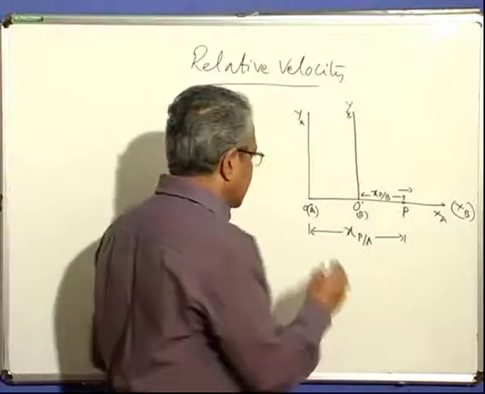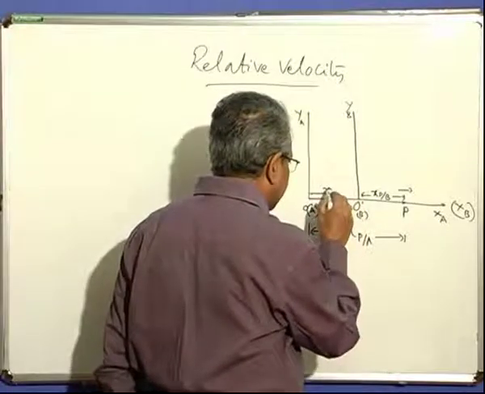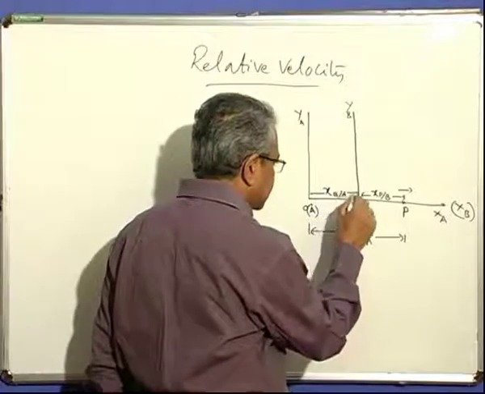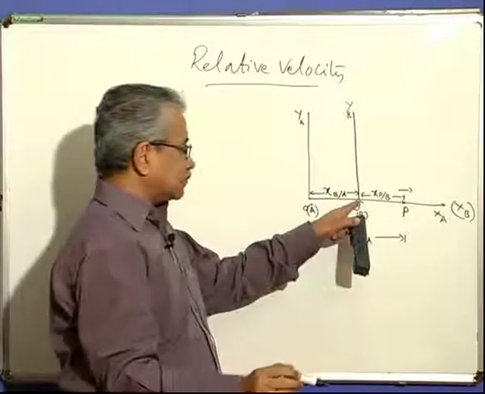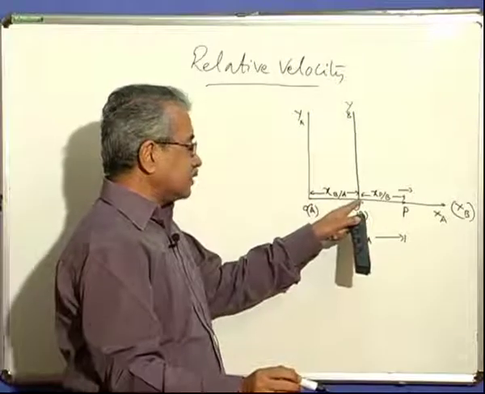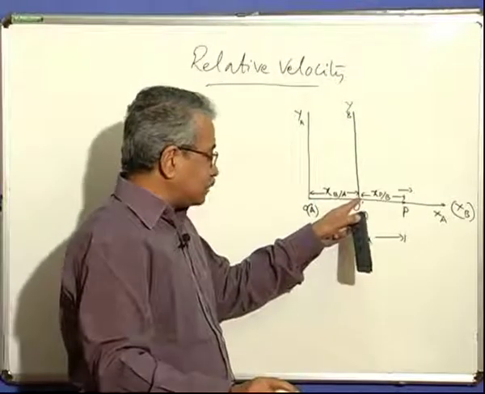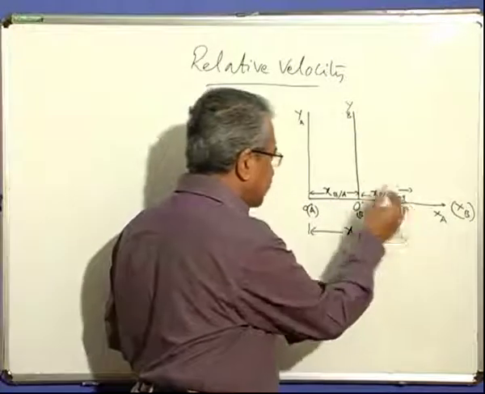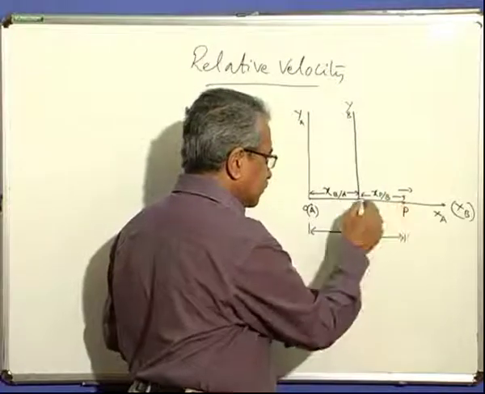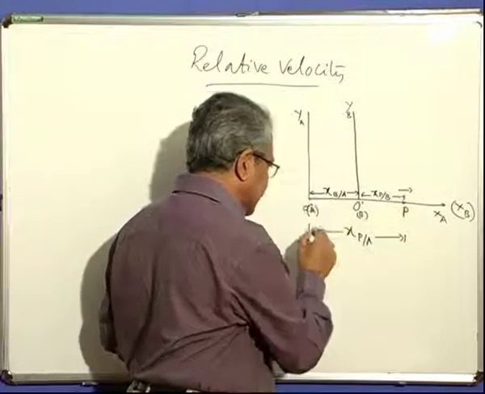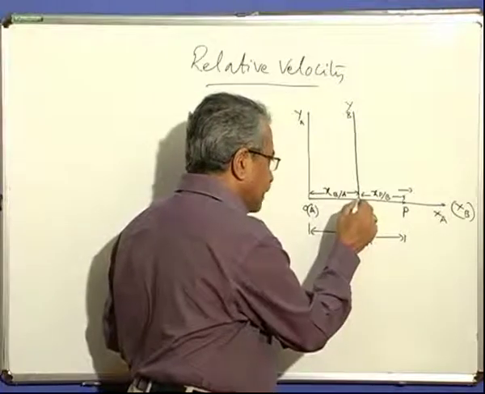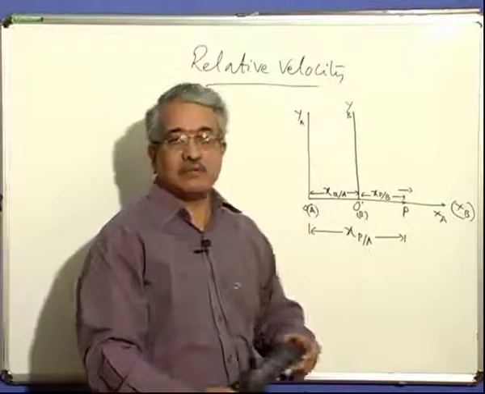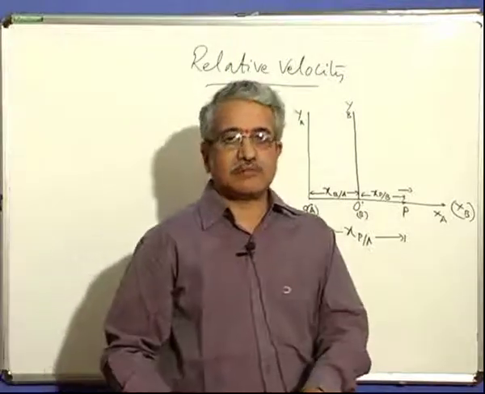They are not the same. What is the difference? This is the difference: the position of the observer B with respect to A. The observer is at this point now. His position with respect to this is that. He will not be able to see that. He will see from here, from his point of view only, the position of the particle P. So, position of P as observed by B is this one. Position of P as observed by A is this one. Position of B as observed by A is from here. These are 3 points which come up into the picture once you have two different observers.